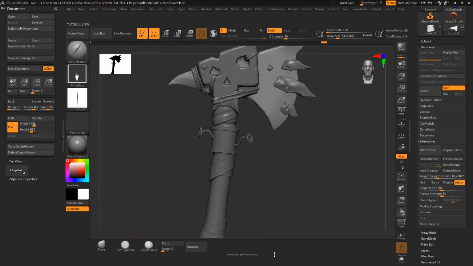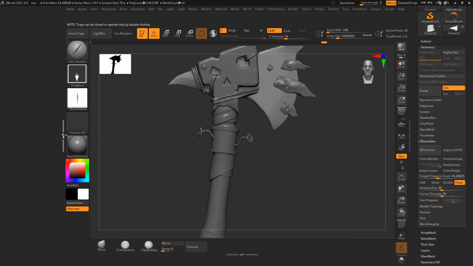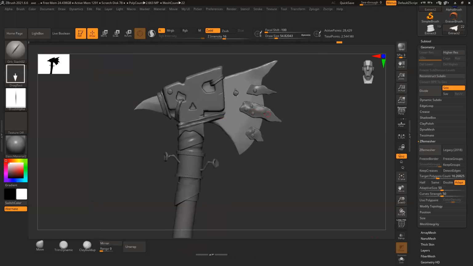Like this I can customize my entire UI, whatever I use most of the time. This particular option, I really don't remember where it is, so I'll check it. But there is one more way. Suppose you want to isolate something here, that can be done. Suppose I want to isolate this thing.